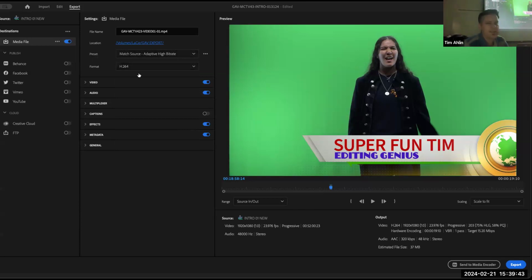If I export right now, it's doing a match source, which means it is matching whatever my sequence settings are, and it's using its best guess to export a specific codec. This should be fine, especially for H.264. Pretty standard. H.264 is also a good codec for a small file size, right?